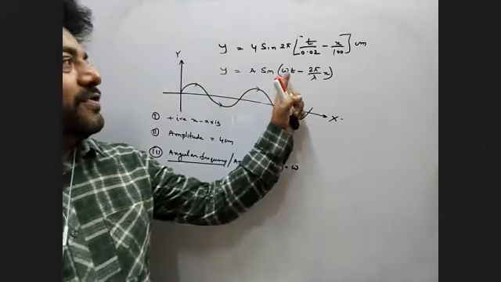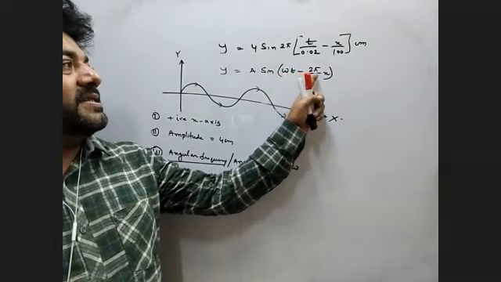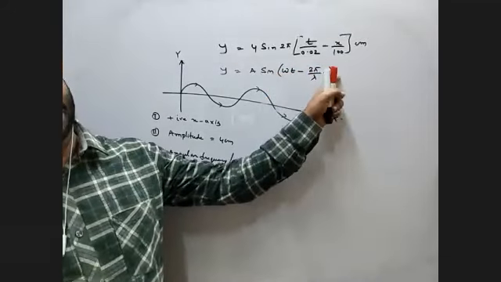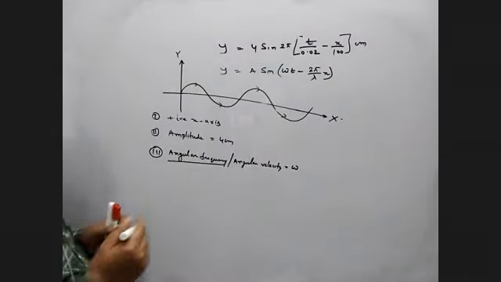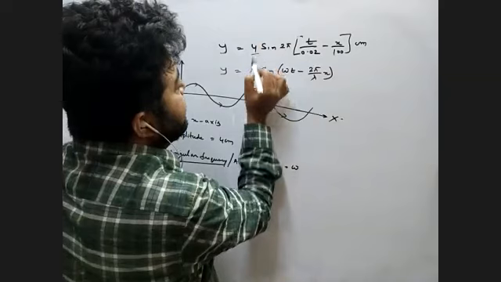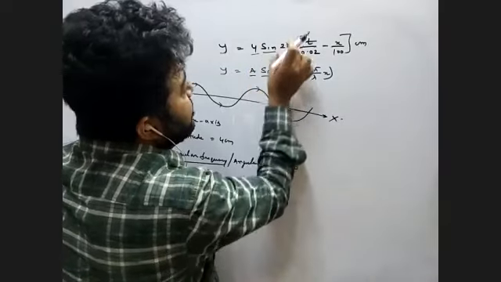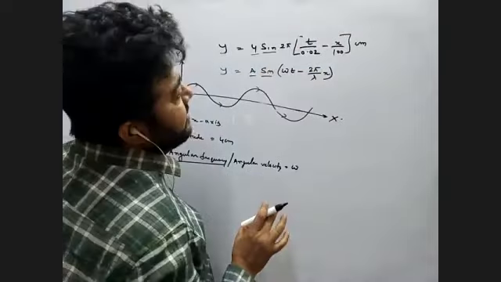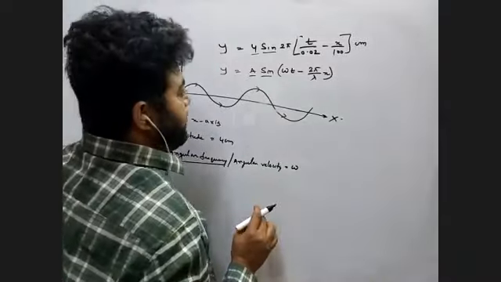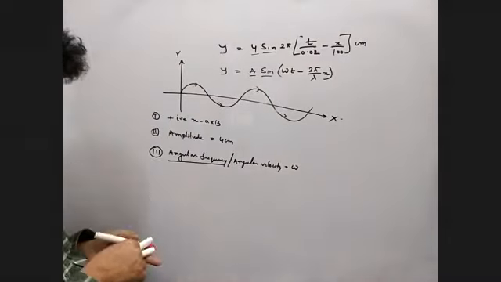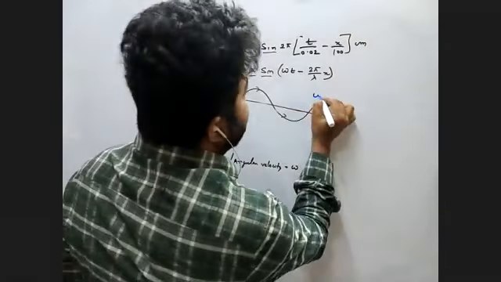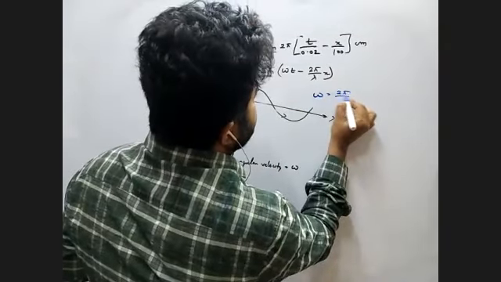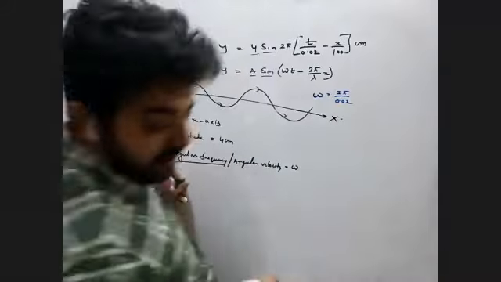Yes, sir. It is in that form, either omega t plus or minus, sometimes this one on that side, that one on that side. Nothing more than that, right? So now see, if we compare, this one is this one, so this 2 pi inside this. Is it clear? Yes, sir. So on that basis, what we can say: omega is 2 pi by 0.02. Clear?